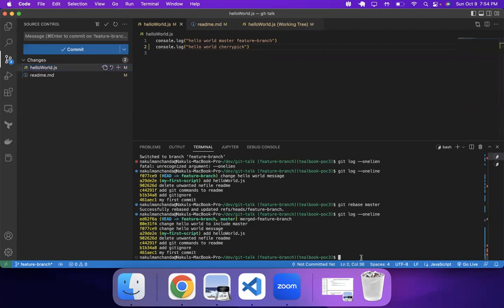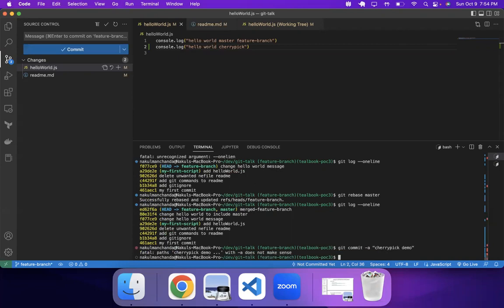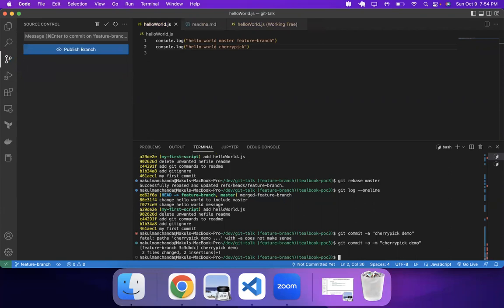and let's try this commit now. Git commit -a, whatever, cherry pick demo. Right. Okay. So yeah, I don't need to do add all the time. I can do just git commit all the things and then the message. Anyways, git log